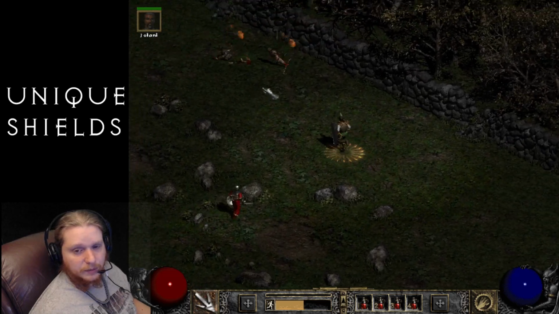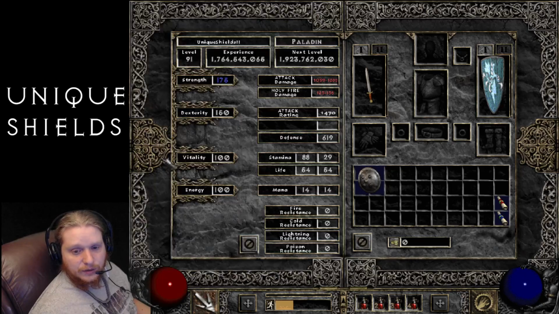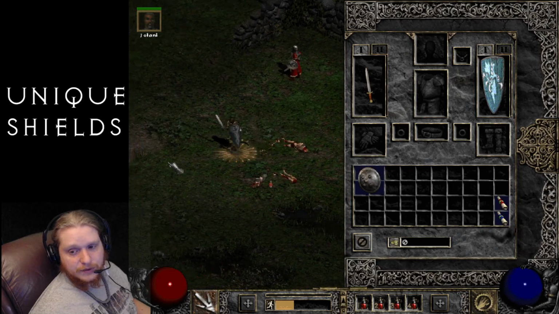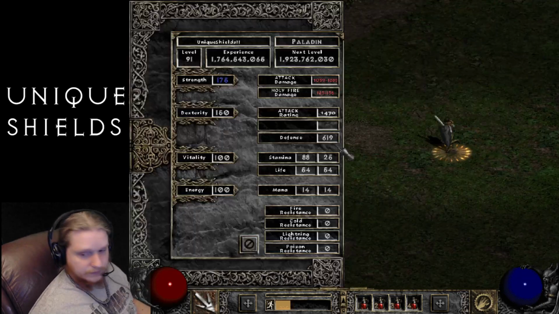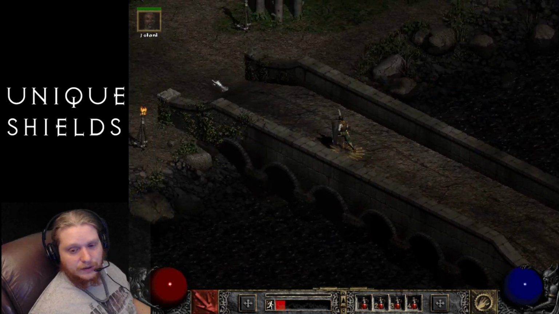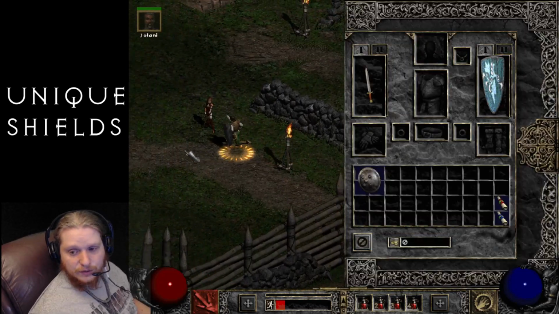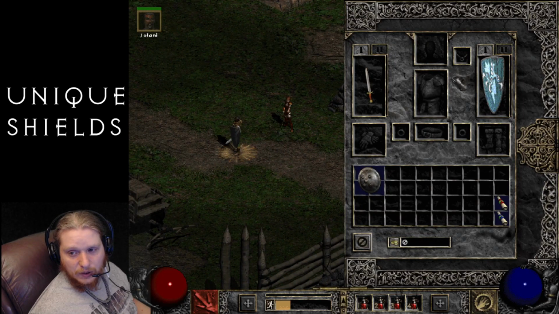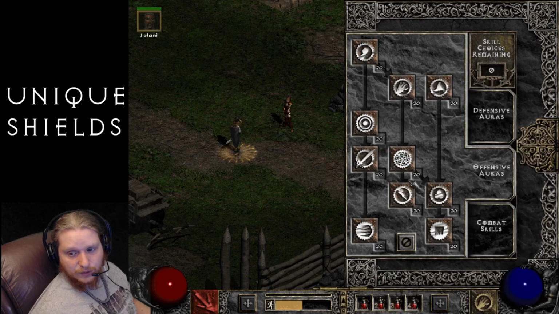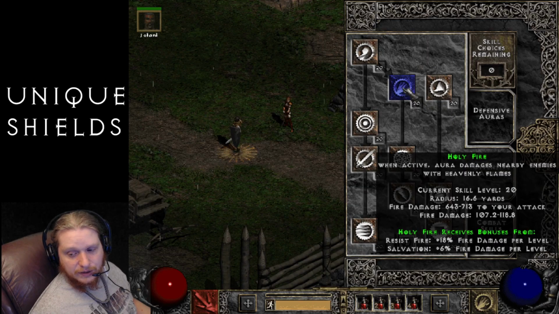There are other ways to beef up your fire damage, obviously, besides this shield. You can go with plus fire skills items. You can go with negative resistance items, like we were looking at earlier. That shield that gives negative, the level 7 lower resists. You could also dish out a lot of plus to skills, which is going to increase your Holy Fire, which is being modified by Resist Lightning and Salvation,